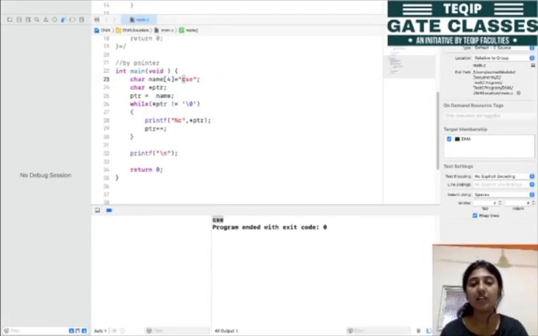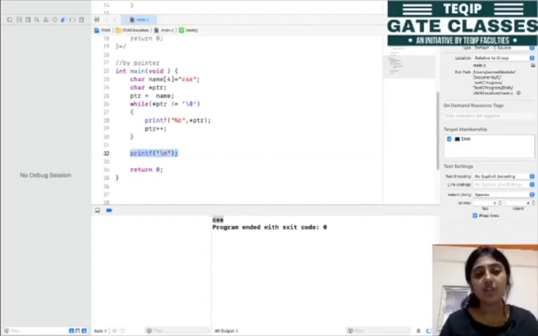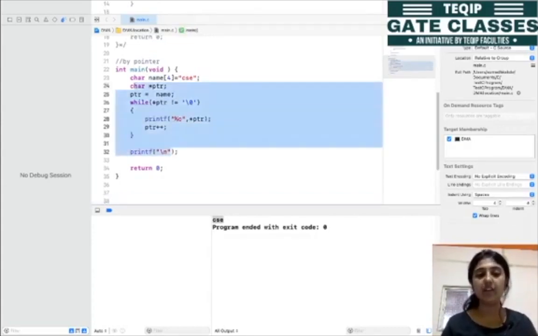Whenever we get this null character, this condition becomes false and while loop ends, है ना? And then जब condition false हो जाएगी तो while loop यहाँ से बाहर आ जाएगा, and because of this slash n, this statement will be printed on the next line. So this is the second way where we have used the pointers to print the string, right?